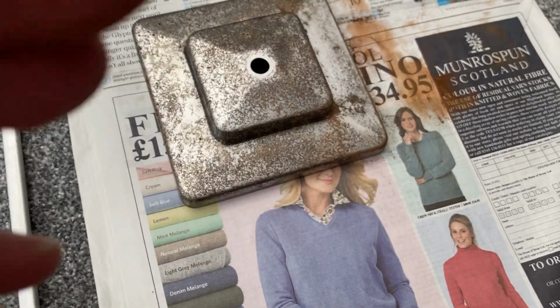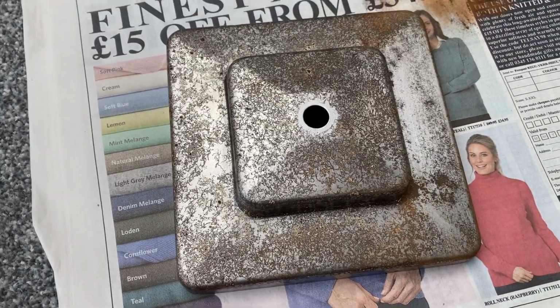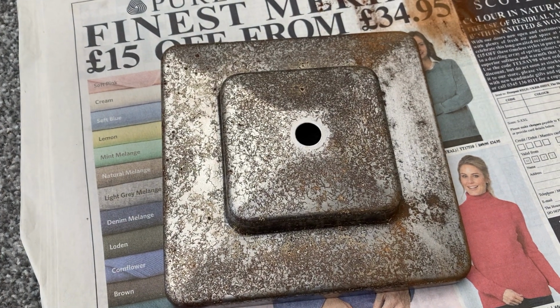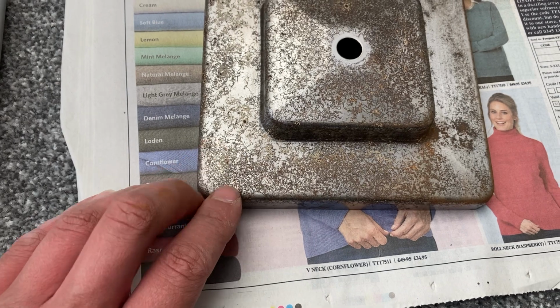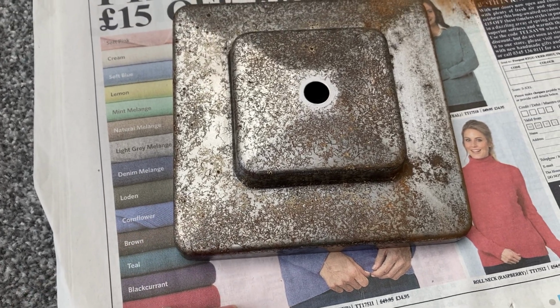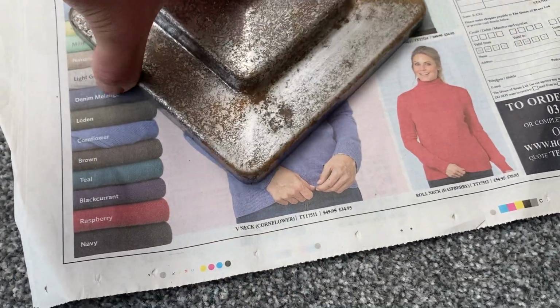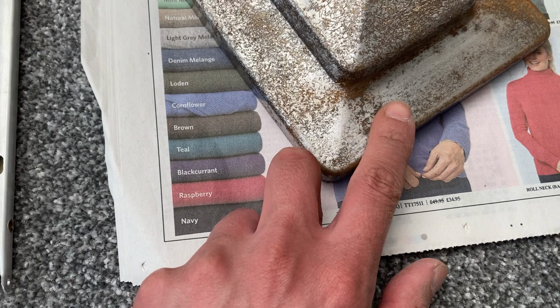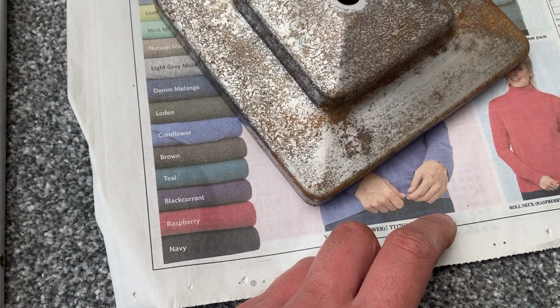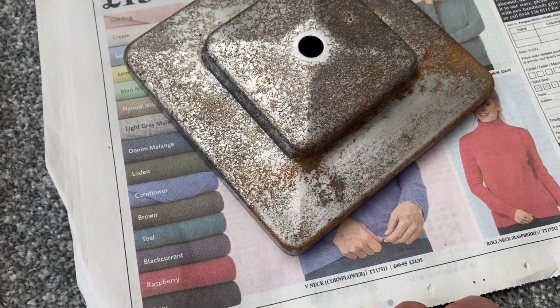Brilliant. So onto the base. That was the rusty old base. You can see now the extent of the corrosion. It's not too bad really, but that part